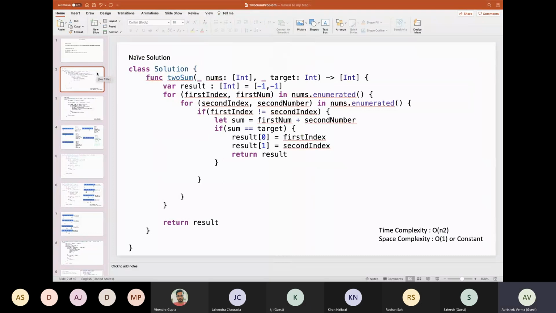The basic approach is that we iterate with two for loops, and we check the value at each index; after making the summation, if the sum comes out as the target, then we consider that as part of our result.